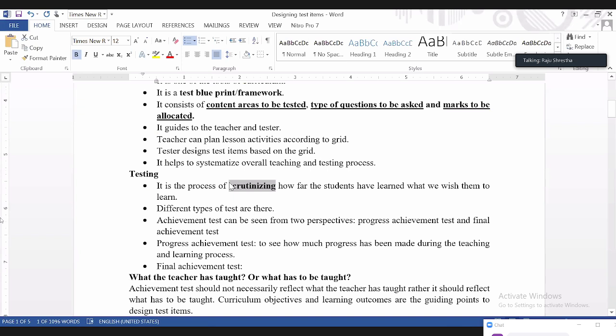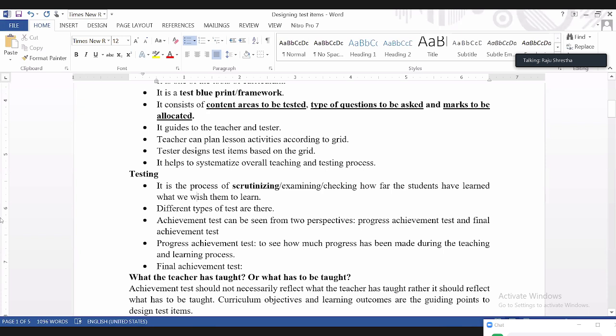Testing is the process of examining, scrutinizing, checking how far the students have learned